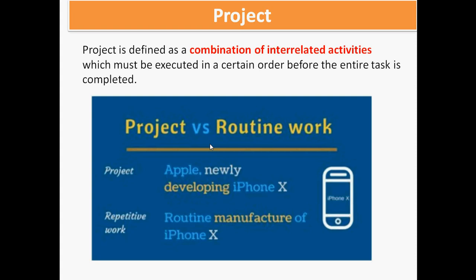What is meant by project actually? The project is nothing but, for example, an Apple type of mobile, that is, the iPhone. So this is a new creative product. That is about a project. But if it is repetitive work, that is called routine manufacturing, right? If it is a new product, then it is called a project, and if only a repetitive task is there, that is repetitive manufacturing, repetitive work. So this is the difference between project versus routine work.